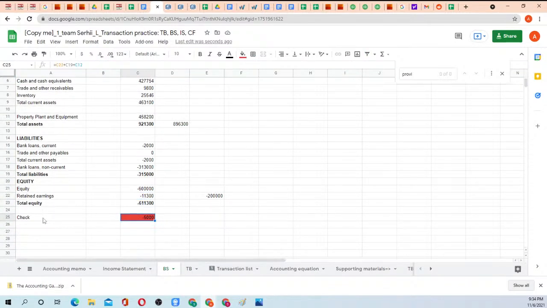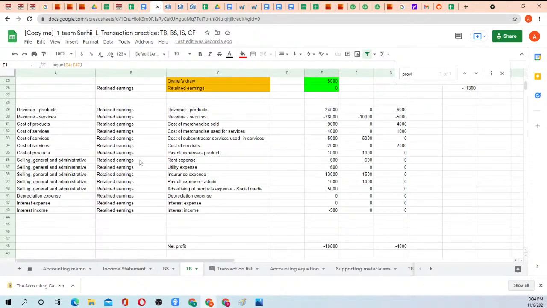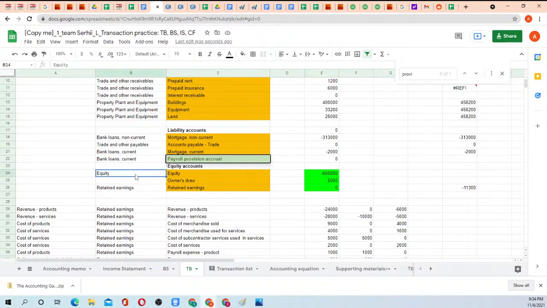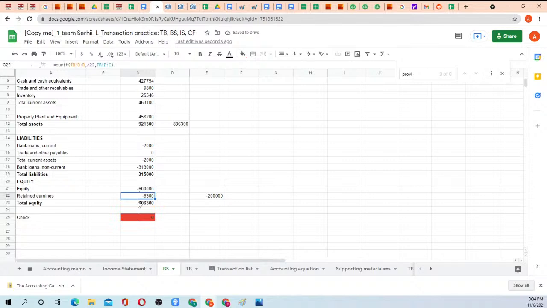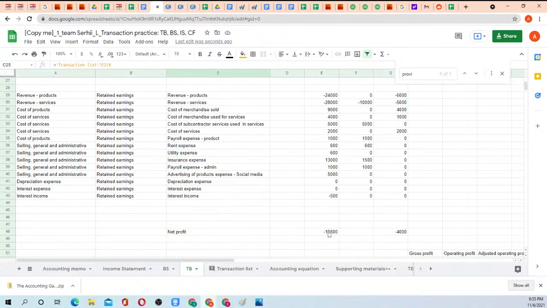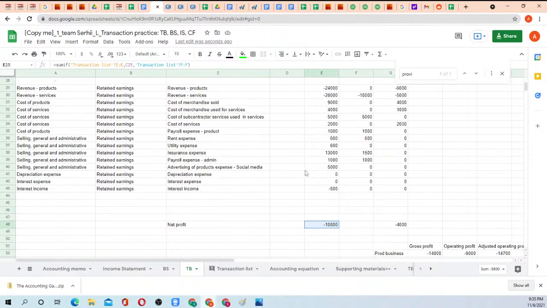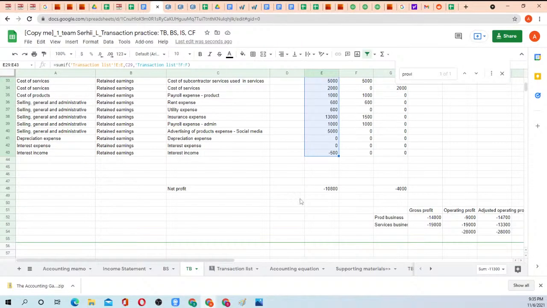Now my balance doesn't balance. Okay, so what can be at fault here? That's because of the owner's draw. Okay, now it balances. So what happened? We generated net profit here, 10,800, and we did owner's draw, 5,000. So our retained earnings, in theory, let's check if, okay, we actually generated a bit different profit because